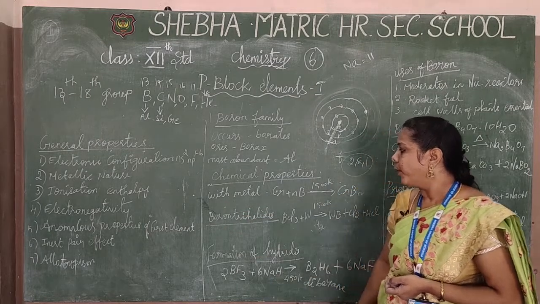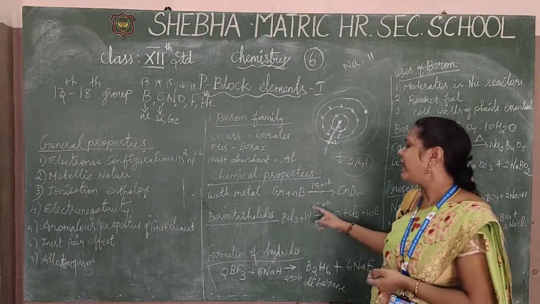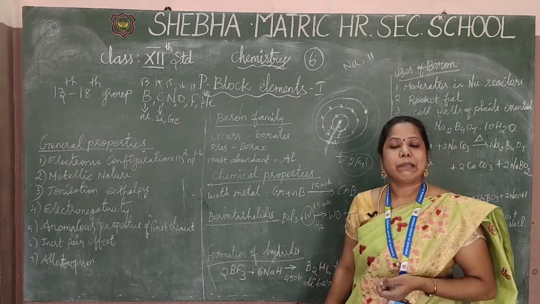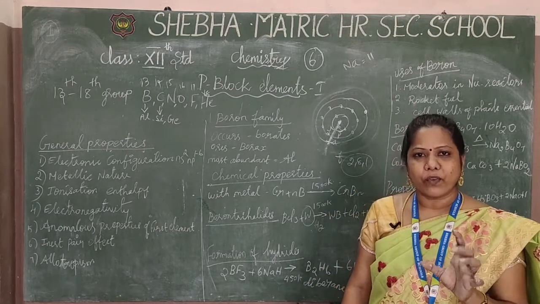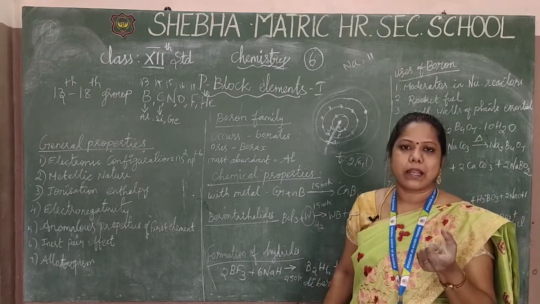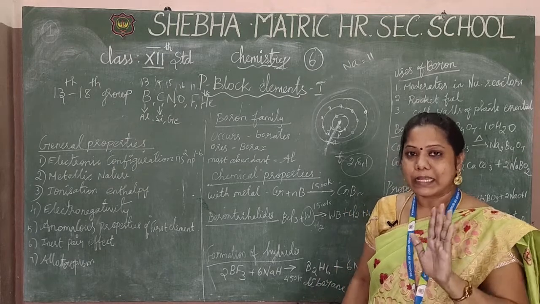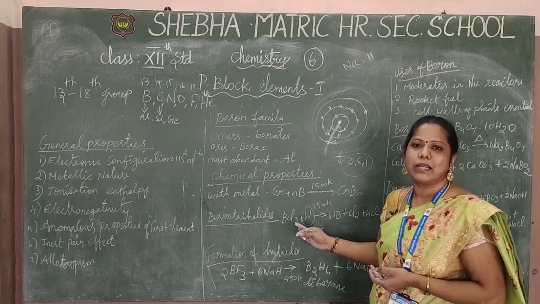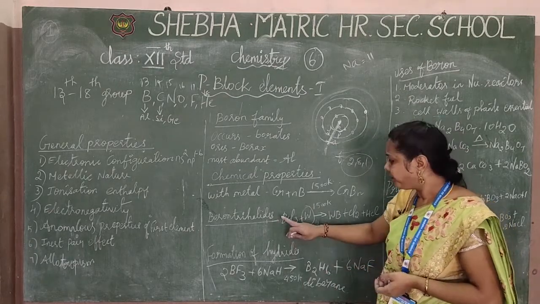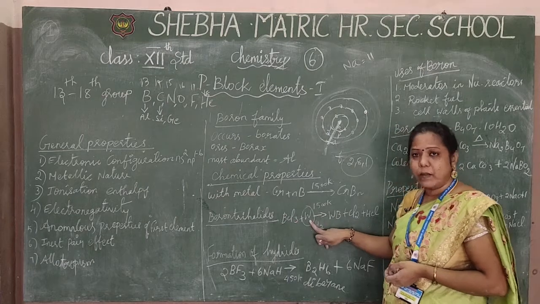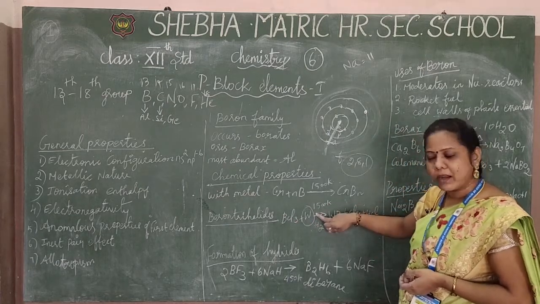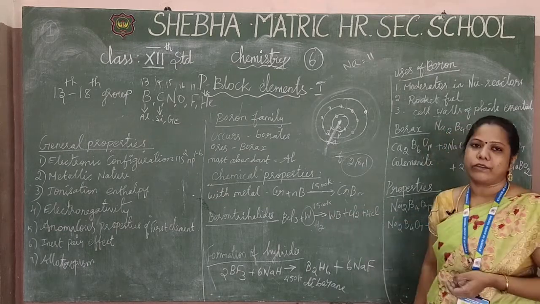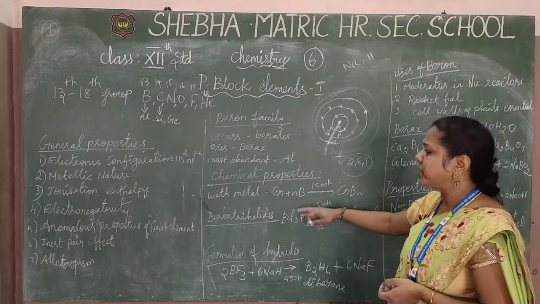Then go for the boron trihalides. It will react with W. W means what? That is the tungsten symbol. Tungsten means wolfram; wolfram is the scientific name, and the first letter is W. It is also called tungsten. So don't forget, students, W is not any other element; this is tungsten, that is wolfram. Okay, got it? So BCl3 reacted with tungsten at 1500 Kelvin. We can get tungsten boride along with chloride and hydrochloride. So these are the equations for this.